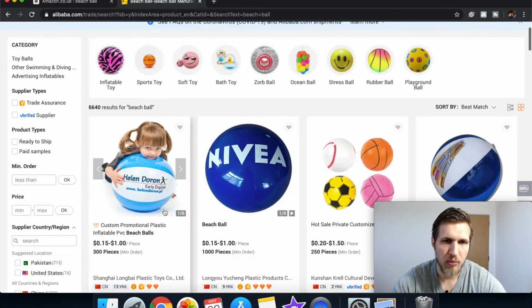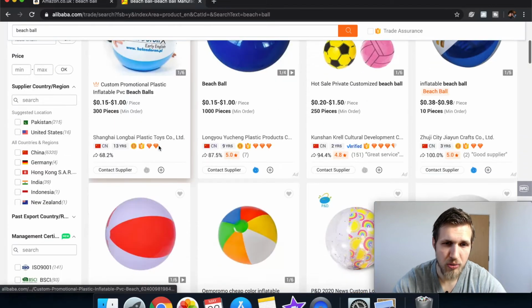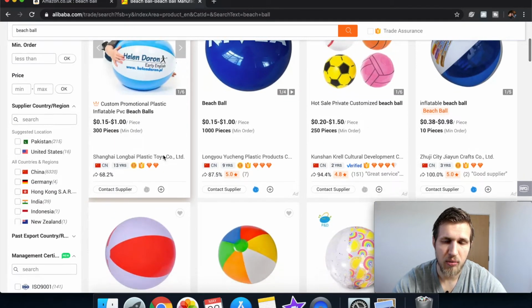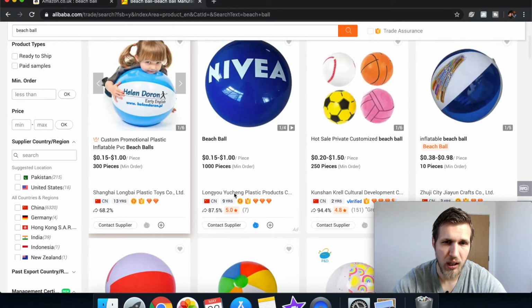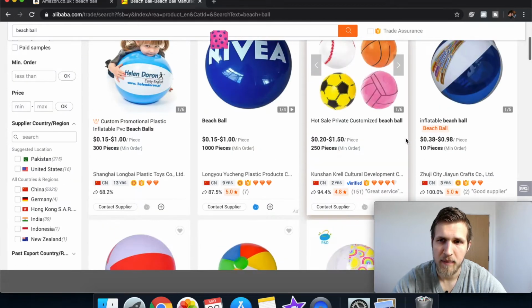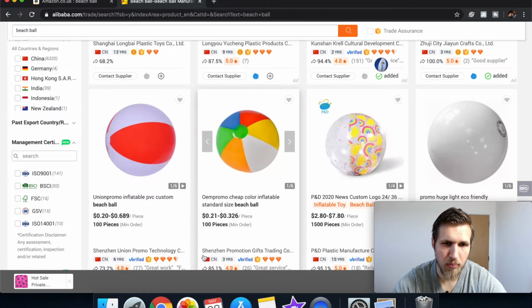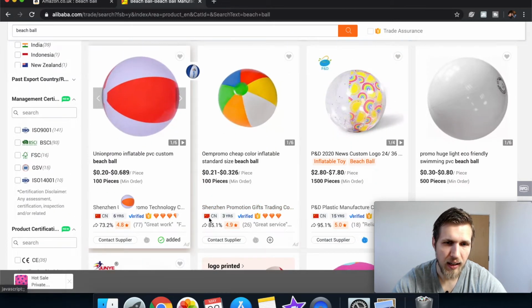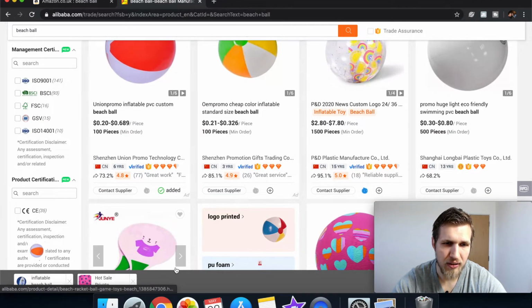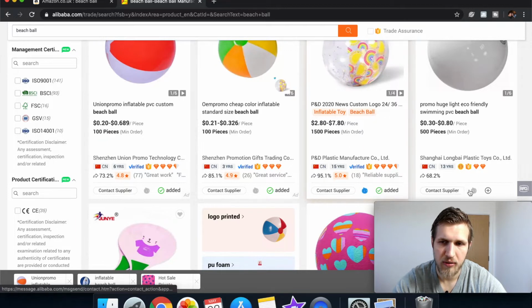So the way we do that is we have a look at the beach ball. There are so many results here, and now we just want to pick a few products that we would like to inquire about. So for example, we like the idea of this particular product, so we'll just click on the plus button here. We like this one, and as you can see, there are more and more products coming down here. So what we'll do is continue adding a few more,